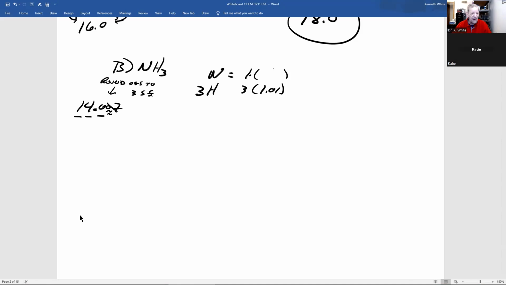Yes. So I drop that and that, and the correct atomic weight for nitrogen is 14.0, which is why I put it in there. 1 times 14.0, 3 times 1.01